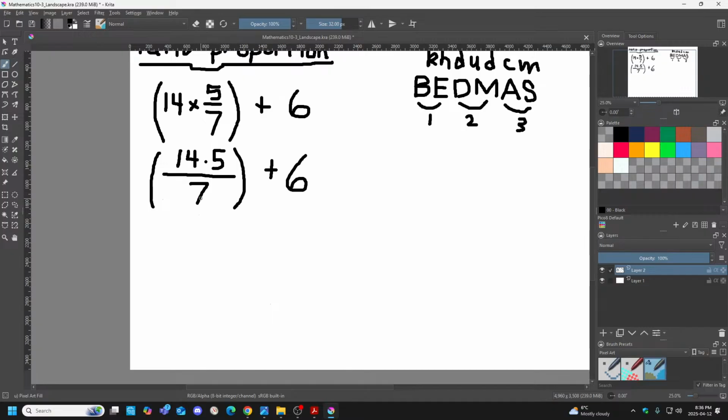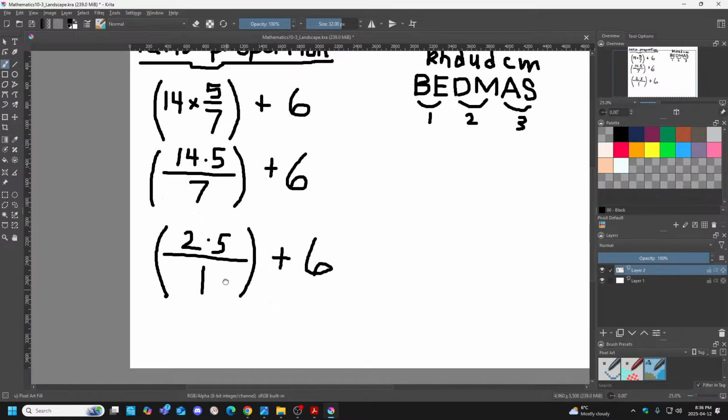What times 7 gives us 7? Well, that's 1, right? So I'm going to factor 7 out. What times 7 gives us 14? Well, that's 2. We didn't touch the 5. Don't forget the 5. We haven't done anything. The 5 is just hanging out there. We're only focused on this and this. I just factored ahead of time to save some extra work on the back end. Trust me, I've grinded enough problems to know quicker ways.